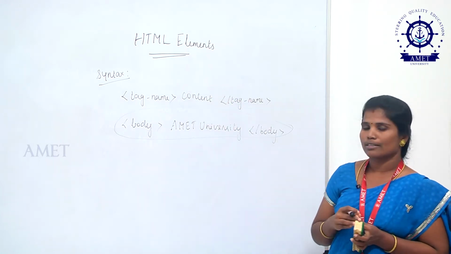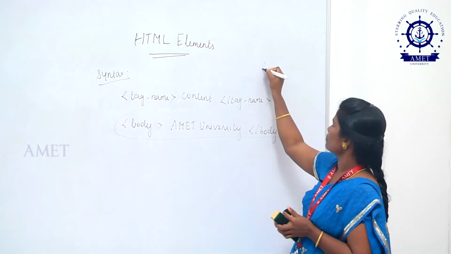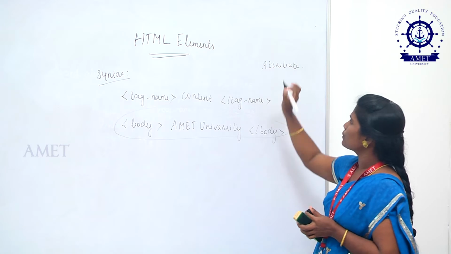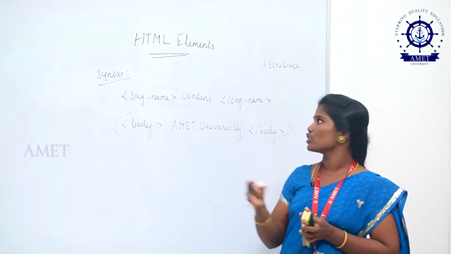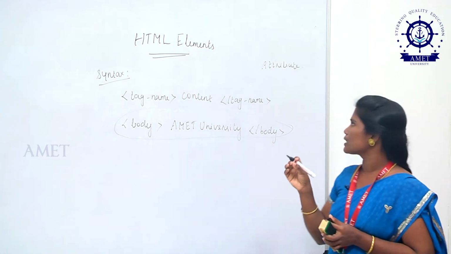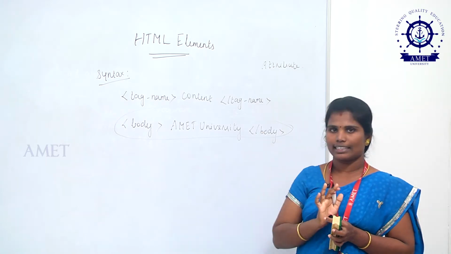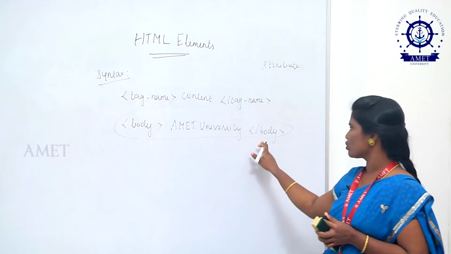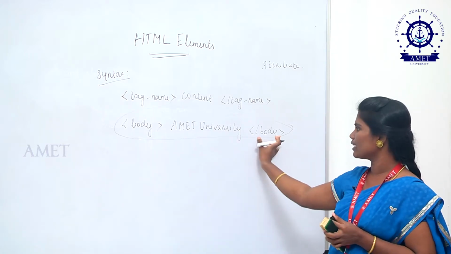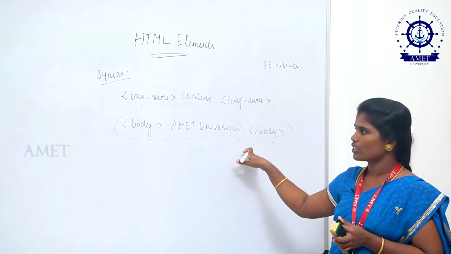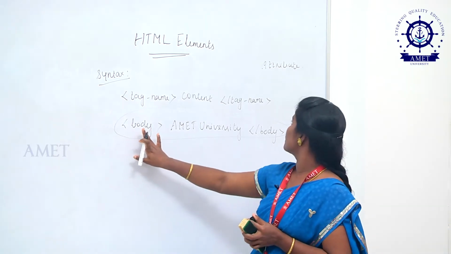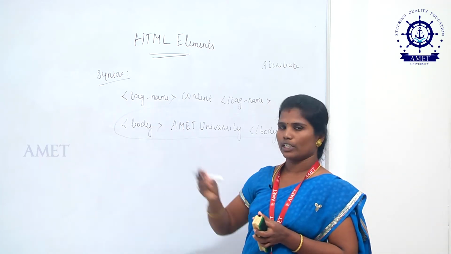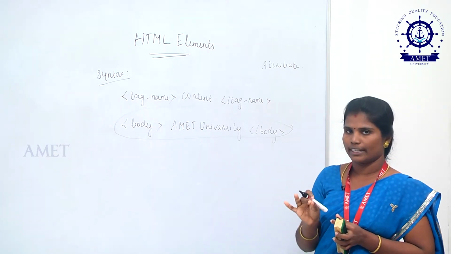You have a concept called attribute. An attribute gives additional information to the tag. Always you must specify the attribute in the start tag. So where is the start tag here? Here, because it is the close tag. How do you close the tag? Before giving the tag name, just use a slash. So here the open tag is there. What I am going to do is use an attribute inside the open tag. You must use the attribute inside the open tag.